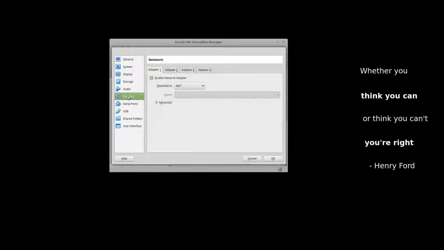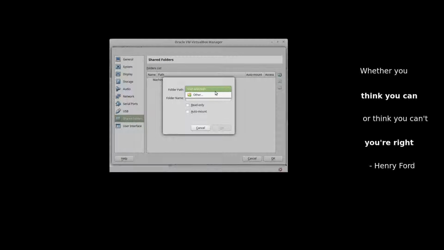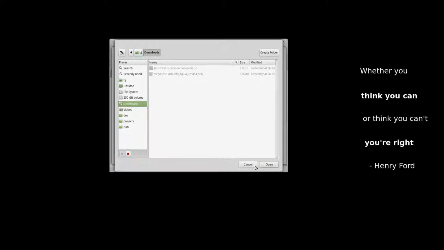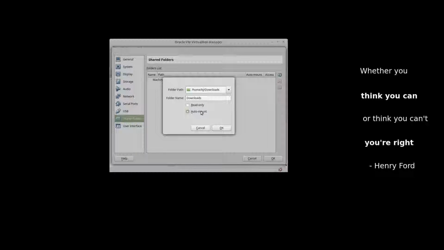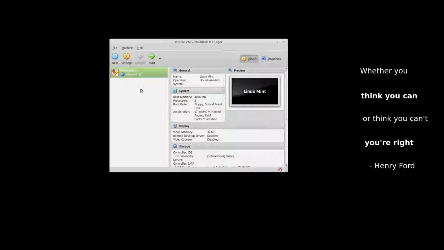Storage, audio, network, you want to make sure that you're attached to your network adapter. That just lets the virtual machine use the internet through your computer. And shared folders, I like to share my downloads folder. And auto mount, that means it'll automatically connect to it when I start my virtual machine. That's just so I can share files with my virtual machine through my downloads folder. Click OK, and now start up the virtual machine,